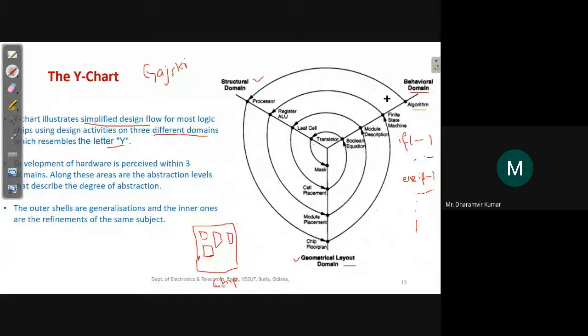Now, in the behavioral domain we have the algorithm on the top. Then, one step down, we have the finite state machine. Then there's a description for a module, and then there are equations for the circuit. A module consists of different circuits. The circuits are described with the help of Boolean equations. So as we move from top to bottom, it again